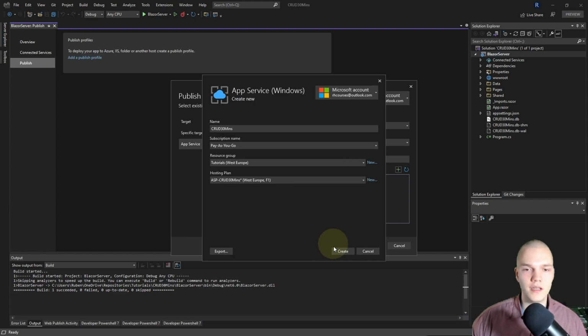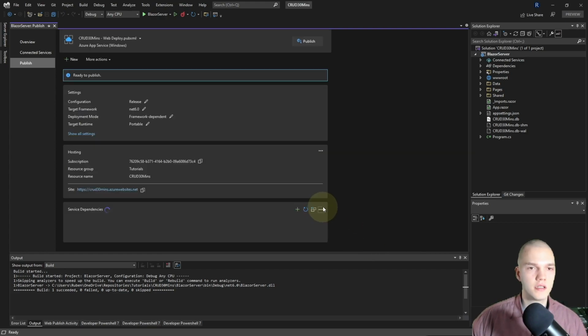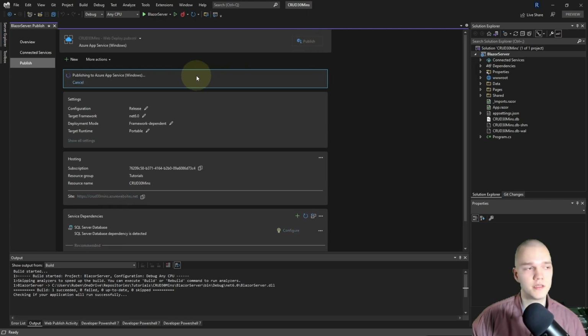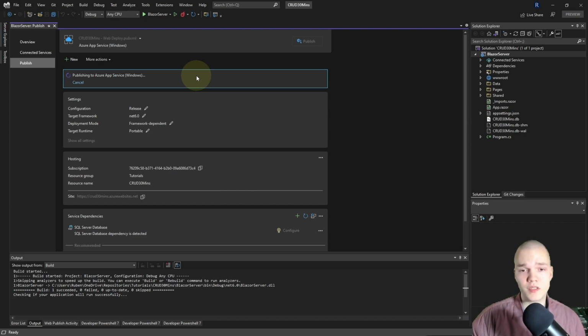Then I'll hit OK and hit create. And I'll just speed up the video while Microsoft creates this resource for us. And then I'll hit finish. And then to start the publishing, I'll hit publish. And now I'll speed up the video while our CRUD app is being published to Azure.